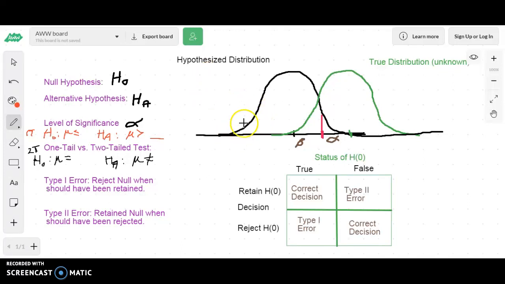So the hypothesized distribution is the information that you're going to compare to. It's basically your foundational set of data that you have from previous experience,